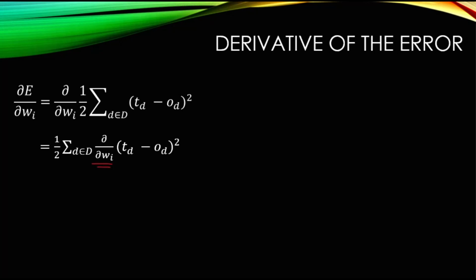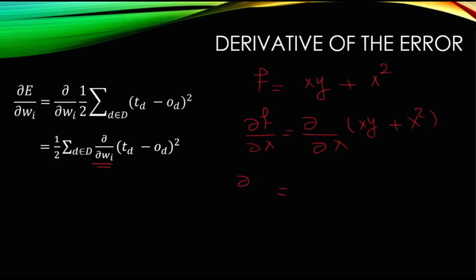What do I mean by that? Let's say we have this function called f, and it's defined as xy plus x squared, right? And let's say we want to compute the partial derivative of our f with respect to our x, right? So it means take the partial derivative of this entire function xy plus x squared with respect to our x. See how we do that. If you know how to solve this, just pause the video and try to solve this on your own. I know it's basics, but